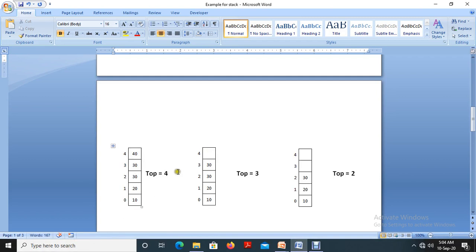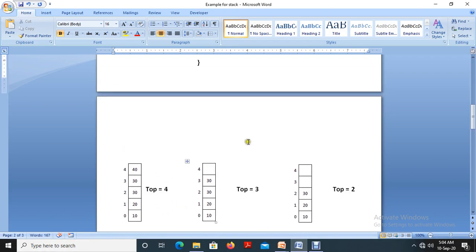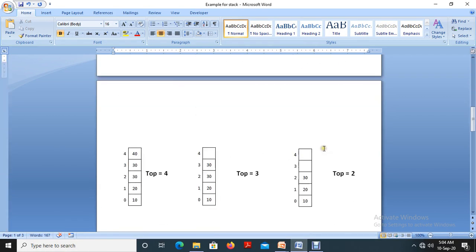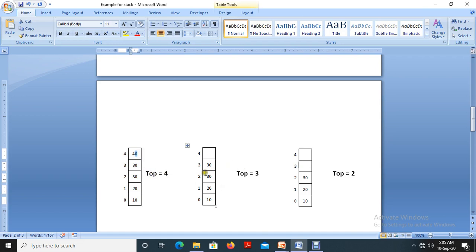Consider in this case, we inserted the elements like this and the stack is full. So we are going to remove the elements one by one from the stack. So the first element that we can remove, that is very important. The last inserted element can be removed first. The only option that we can remove from the stack is 40 here. So I removed the element 40. So we have one empty space.